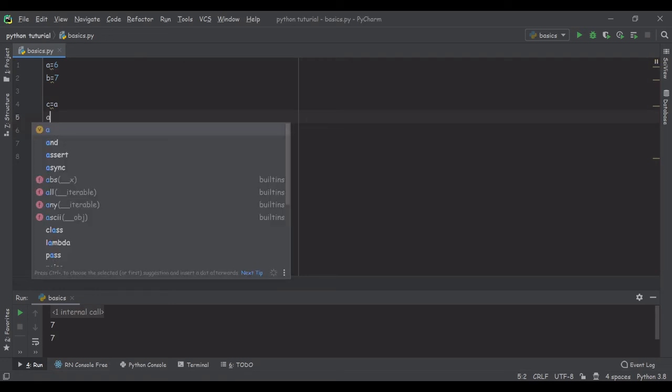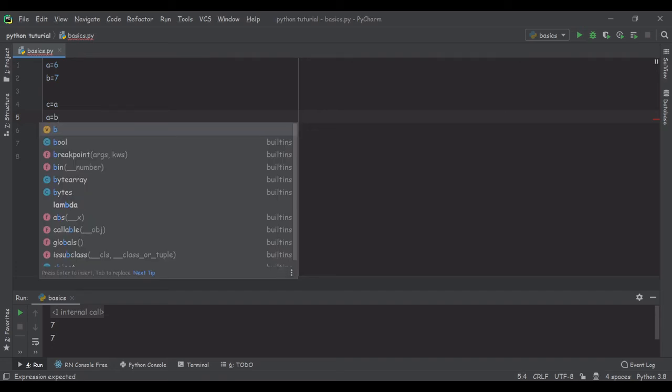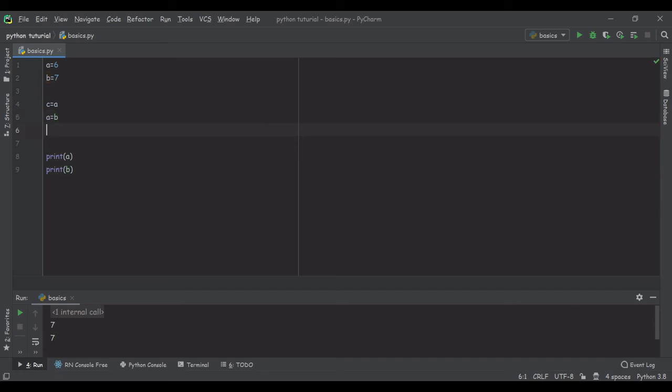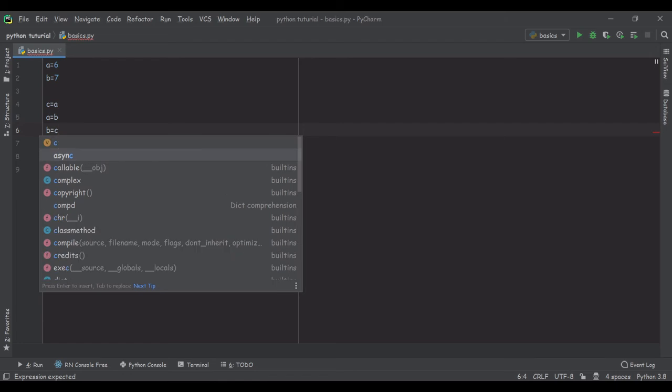Then a is equal to b, means storing 7 in a, okay. And then b is equal to c.